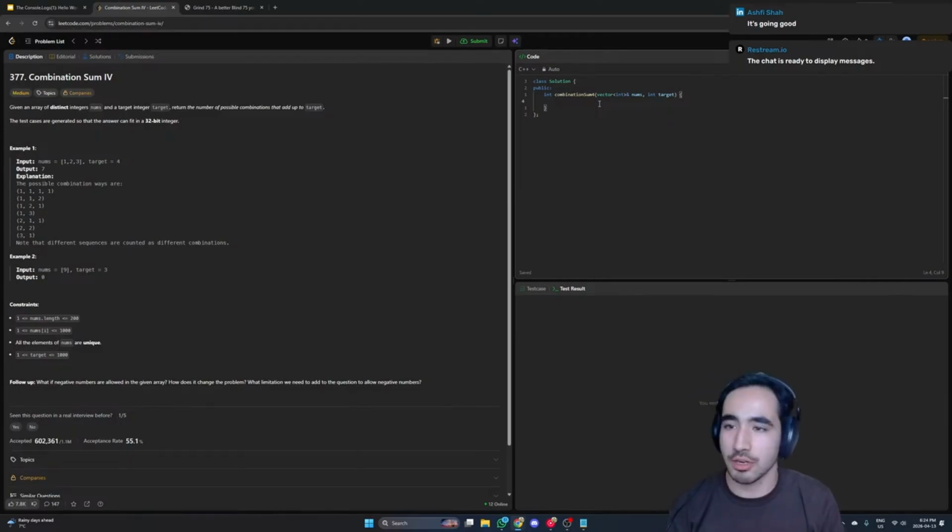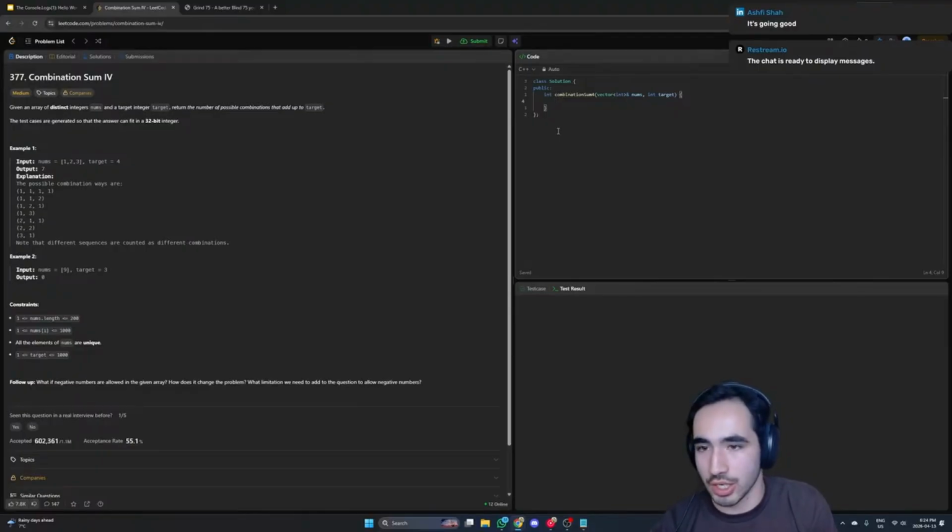Combination Sum 4. Given an array of distinct integers nums and a target integer target, return the number of possible combinations that add up to target. The test cases are generated so they can fit in a 32-bit integer, so we don't have to worry about doing longs. And so we're given a test case here, so we have 1, 2, and 3, and